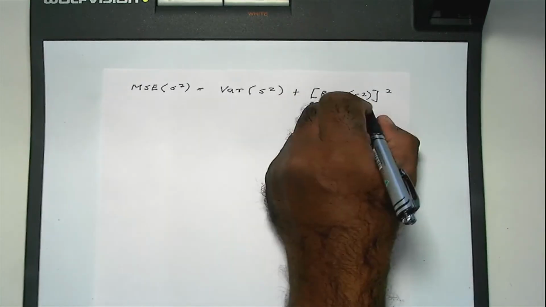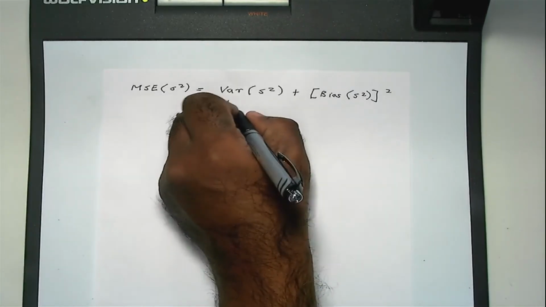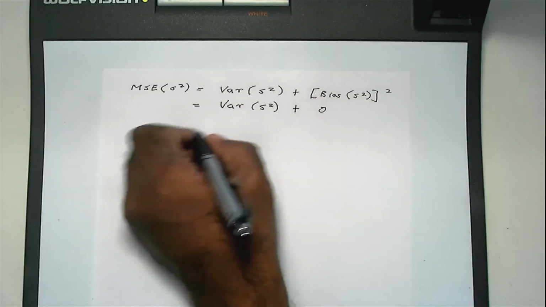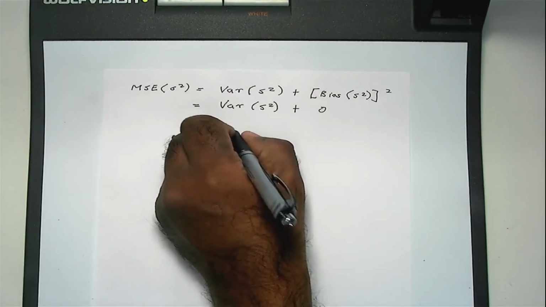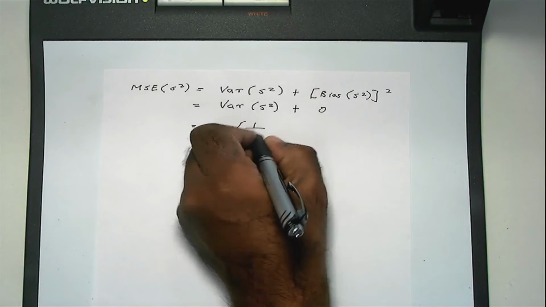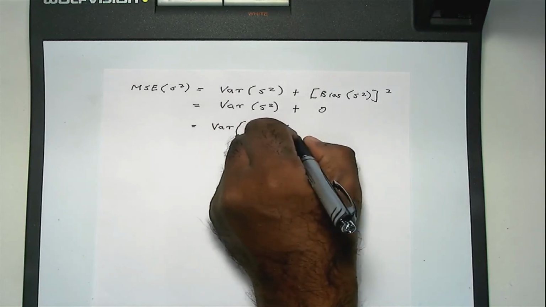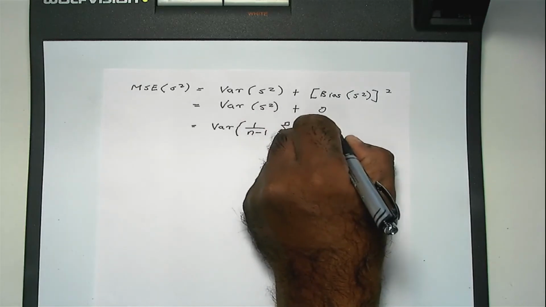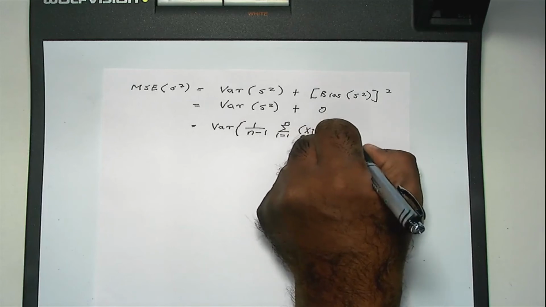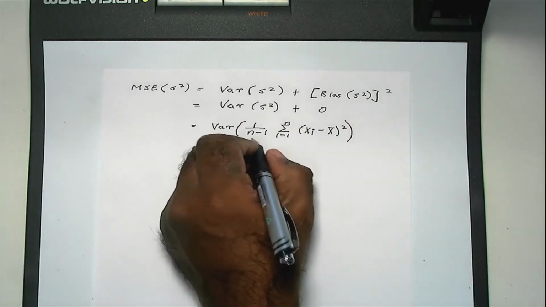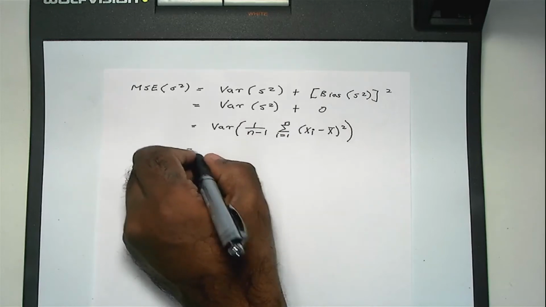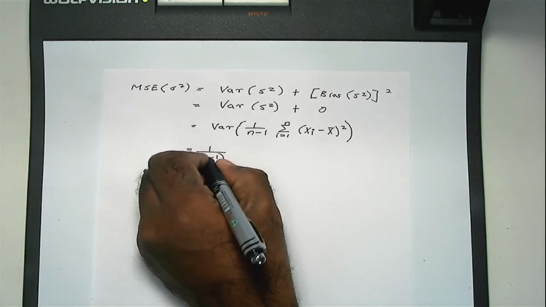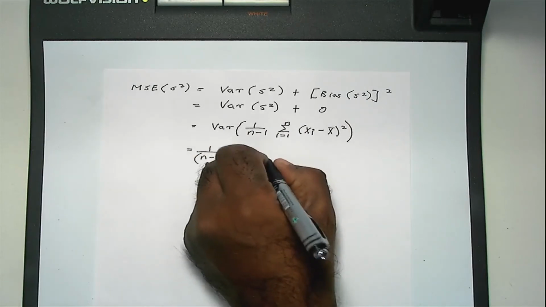But we know that the bias is 0, so this is the same as the variance of S squared plus 0, and this is equal to the variance of the sum. Now I'm going to pull this constant outside. So remember, when you pull a constant outside the variance, it becomes 1 over n minus 1 squared times the variance of